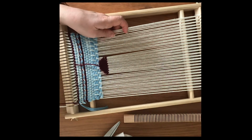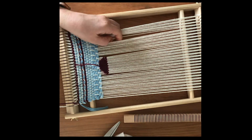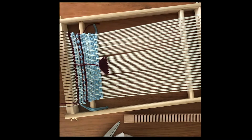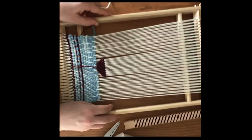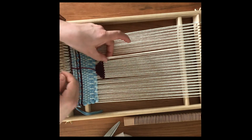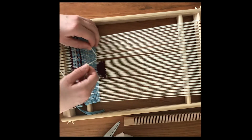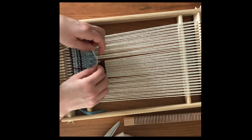So here I'm just counting how many warp threads I can put in each bundle. Again, moving in towards the center. So I'm going to do about 3 or 4 threads. It doesn't divide evenly, but that's fine because it's just going to be wrapped. So to start this off,